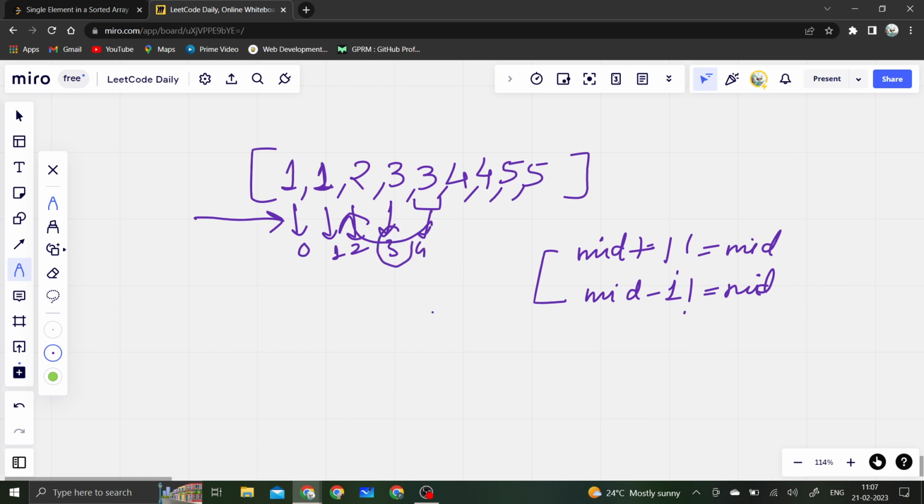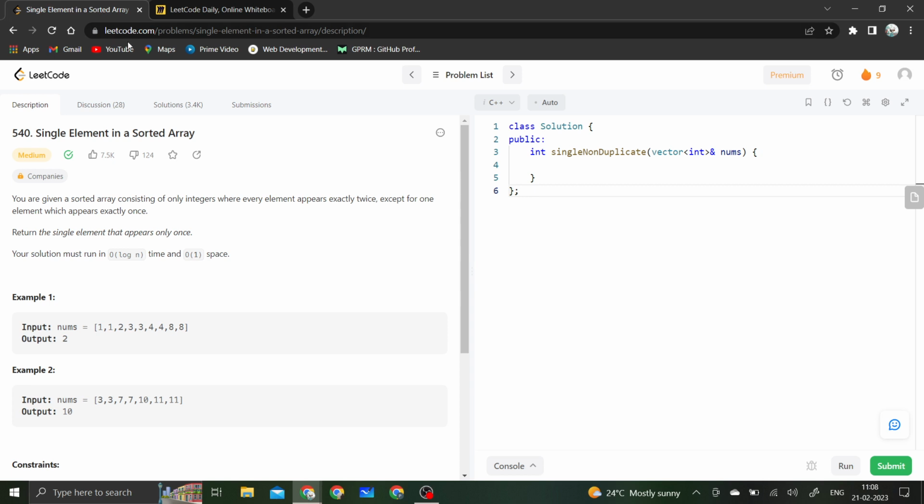So it's an odd index, and 3 should have been at index 2, but because of this 2, our property does not hold. That means our answer is present on the left side, which is 2. It is present here. Similarly, if you see the second test case,